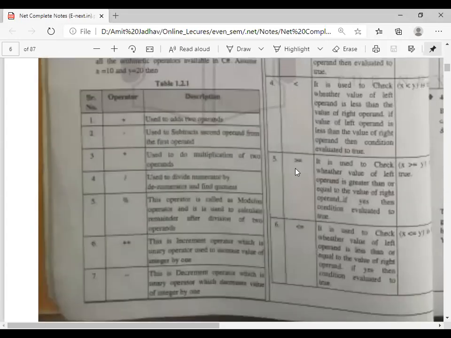Greater than means strictly greater than the second value, and greater than or equal to means it may be greater or it may be equal. The same applies to less than and less than or equal to. If we write x less than y, it means the value of x is strictly less than y. And if we write x less than or equal to y, it means the value may be equal to y or less than y.